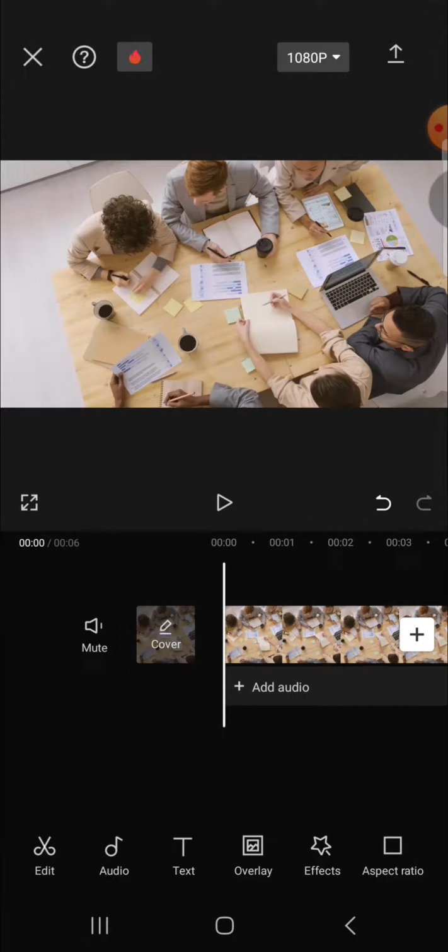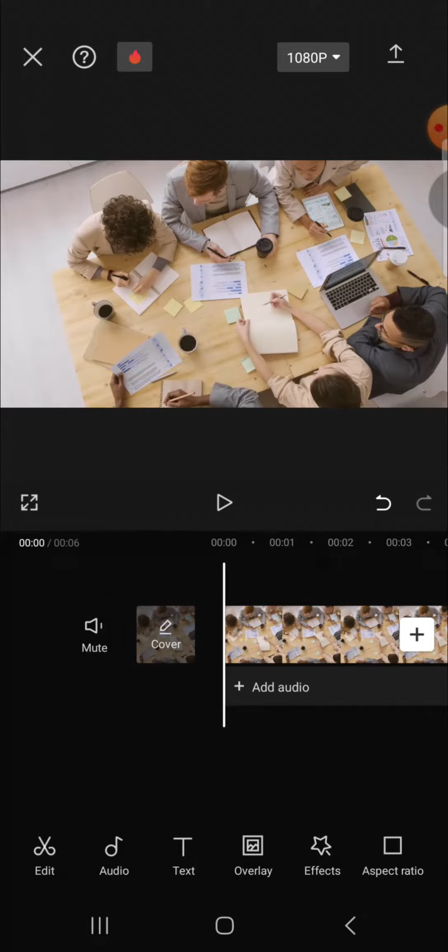In today's video, I'll be showing you how we can remove unwanted objects from our video with the CapCut application. Alright guys, here I have created a project in my CapCut application, and for example, I'm going to remove this object from my video. So first of all, if we want to remove an unwanted object, we have to duplicate our